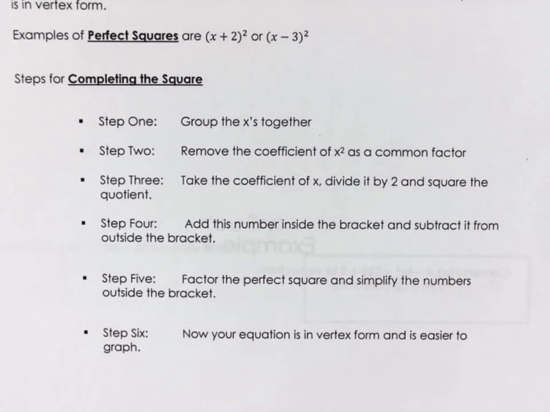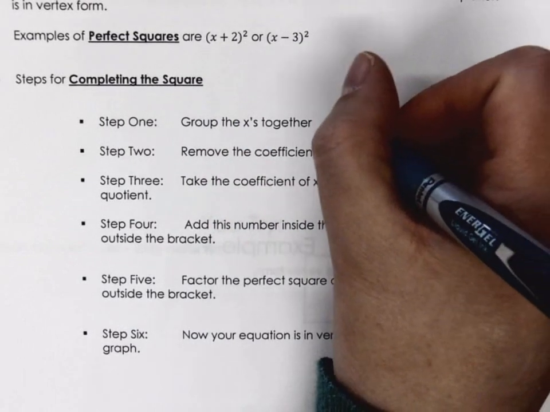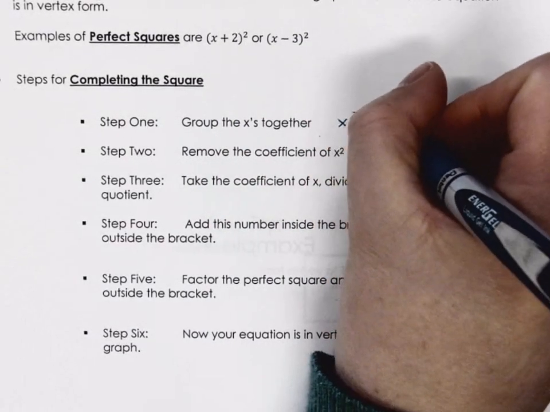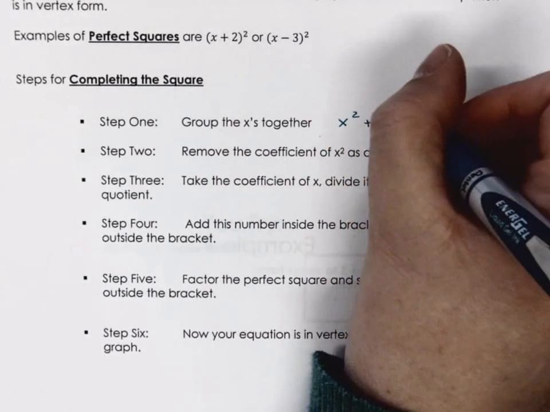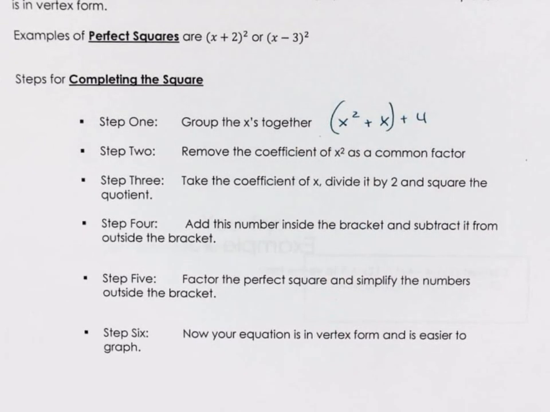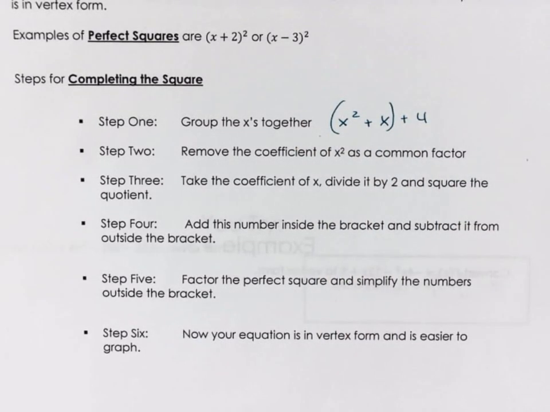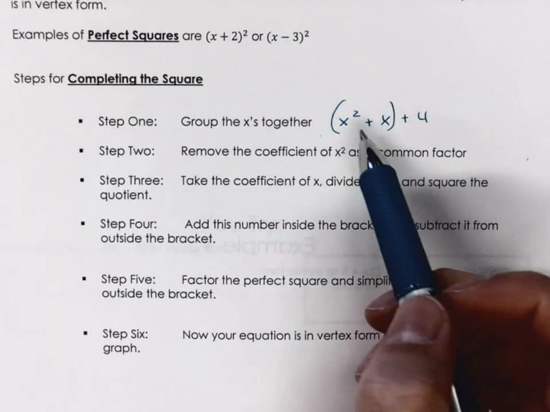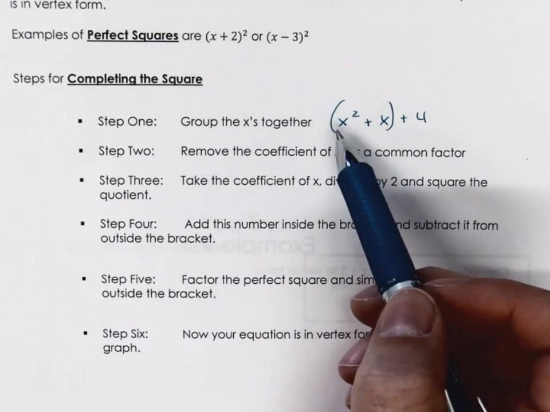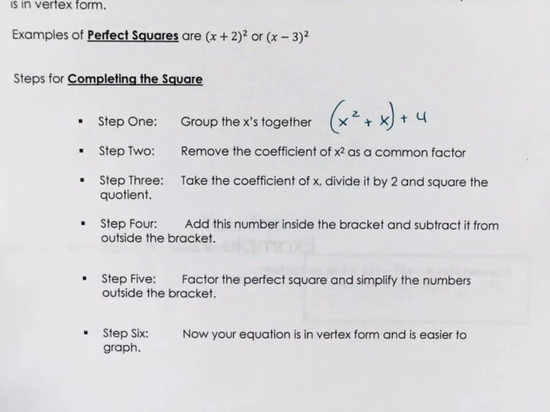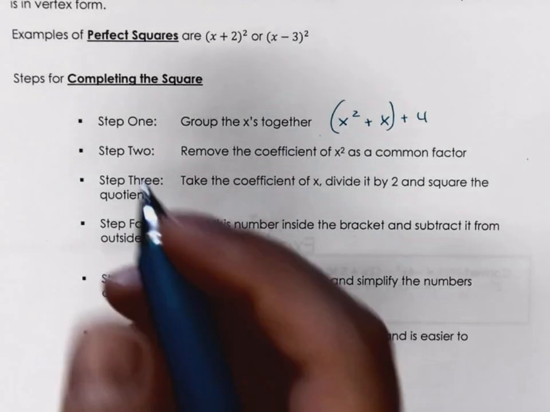We're going to do that by putting brackets around them. So we're going to group like an x squared and an x, and let's say there's a 4 there. We're going to group those together just like that. Easy peasy. We're going to remove just the coefficient if there is one on x squared. We're going to remove it by common factoring it out. Okay. Step 3,